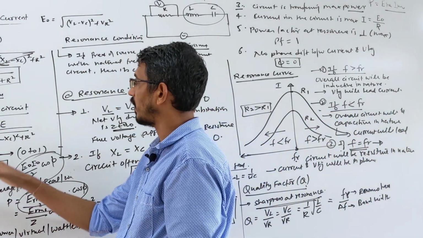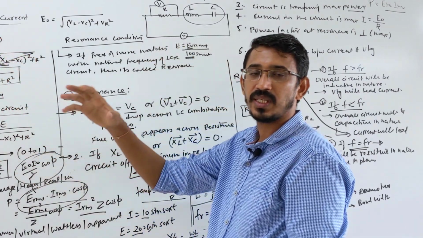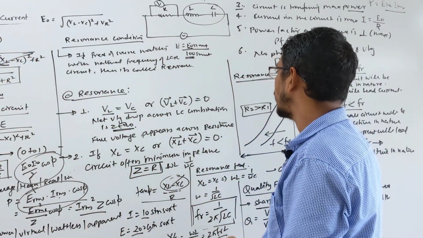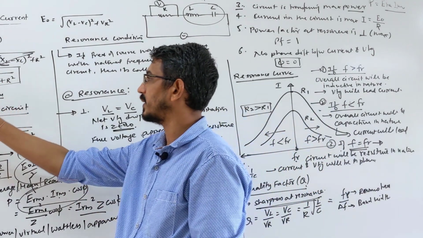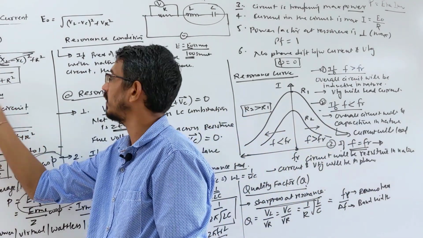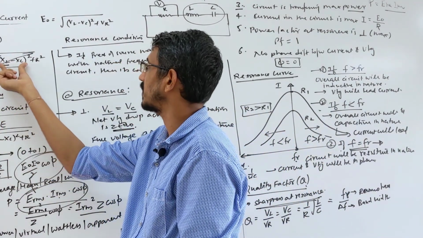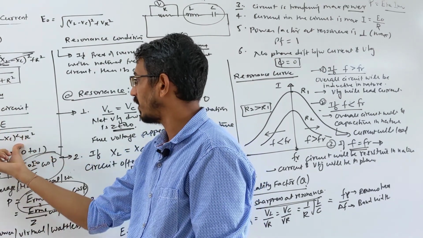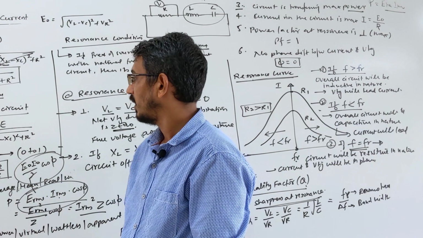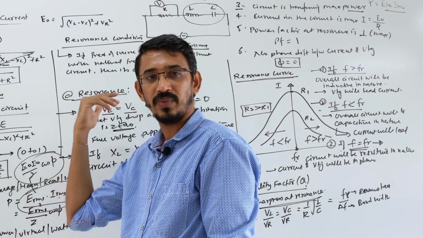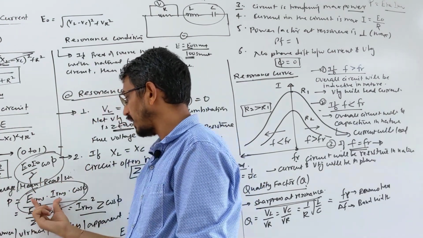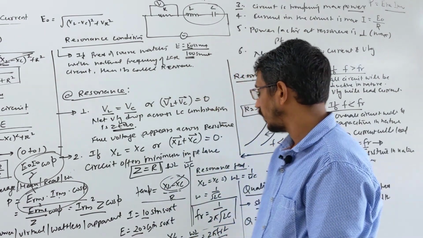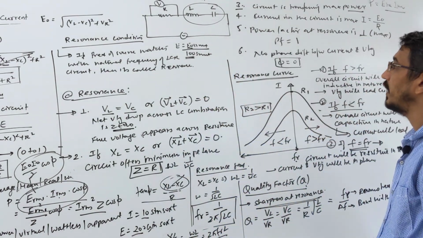Now how they ask questions when resonance is happening: these 6-7 questions I wrote. What is power, what is current, what is impedance, but the calculation becomes very simple. Suppose it's resonance and they ask impedance, then simply Z is equal to R itself, because this term is 0. If they ask what is current flowing, simply E by Z, which is E by R. If they ask power factor, we already know it's 1. Power you can write this much only.